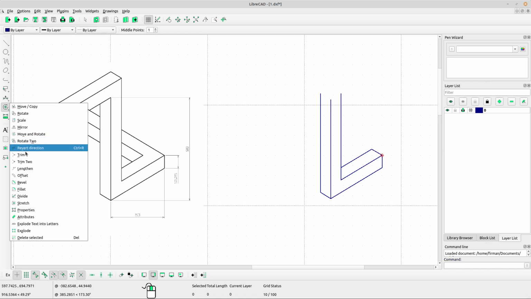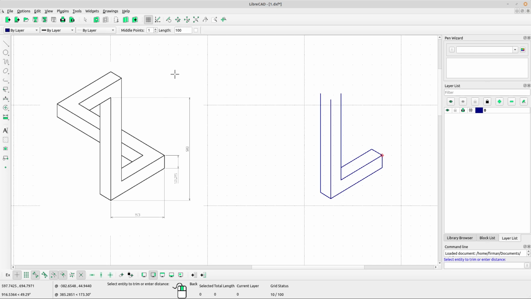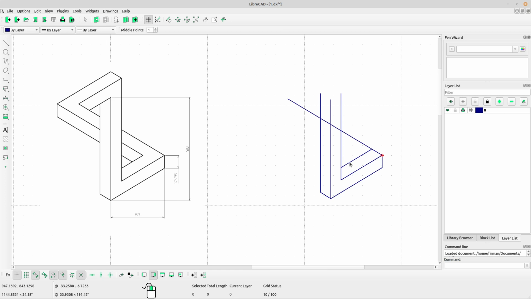Select lengthen tool, lengthen, and type for the length. Okay, 100. It's okay. Left click at the line, right click to escape. Okay, for now,